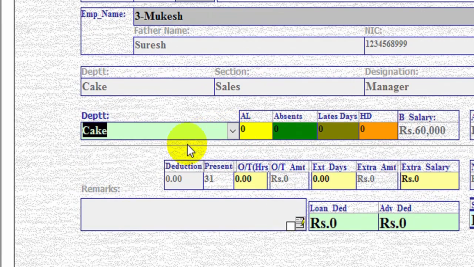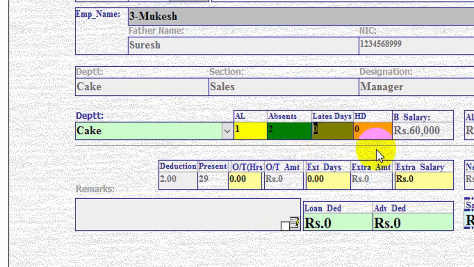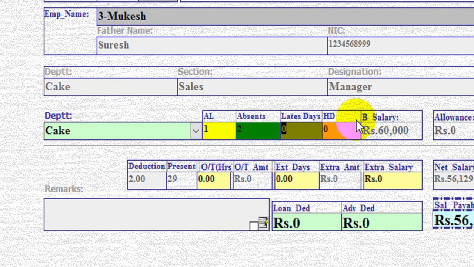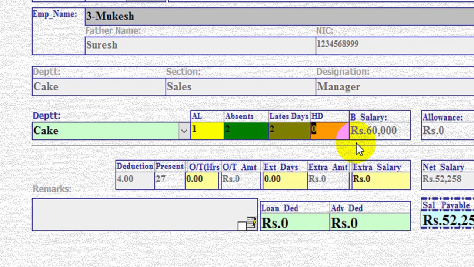You will have to mention the department over here, and allowed leaves, annual leaves, like allowed leaves I'm going to put 1, absence 2, late days. If you are making deductions on late days, you can write over here. There is another option, and overtime hours, 5 hours, like this.